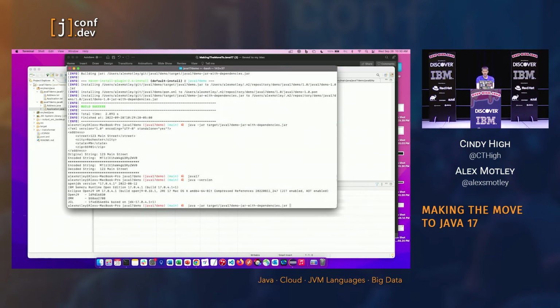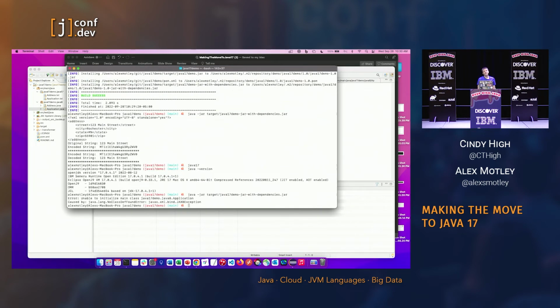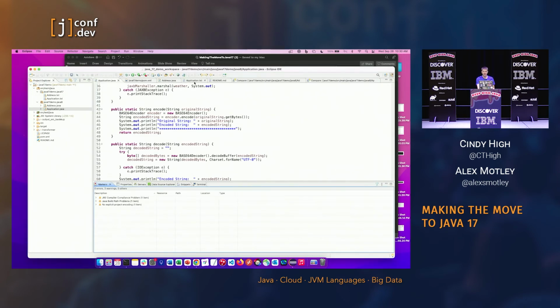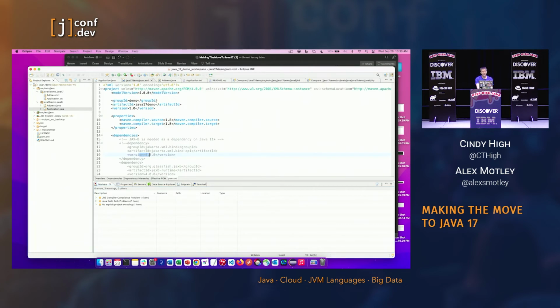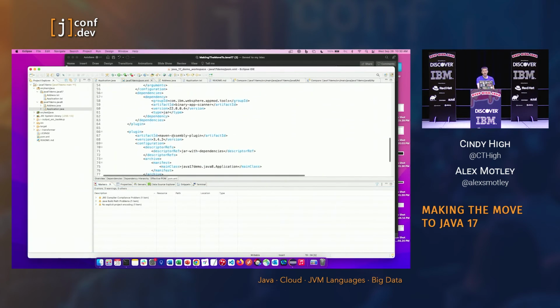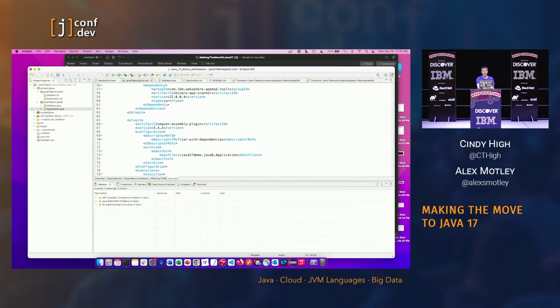So we'll go ahead and run that. And no surprise, given that it's a demo, we do have some issues. It looks like it's related to JAXB, which isn't a surprise based on what we've talked about today. So in my POM for this application, and all of this demo, by the way, is in GitHub, and we'll have the link at the end, so you can pull it down and run through this yourself. In the POM, I actually have the binary scanner that Cindy had mentioned,